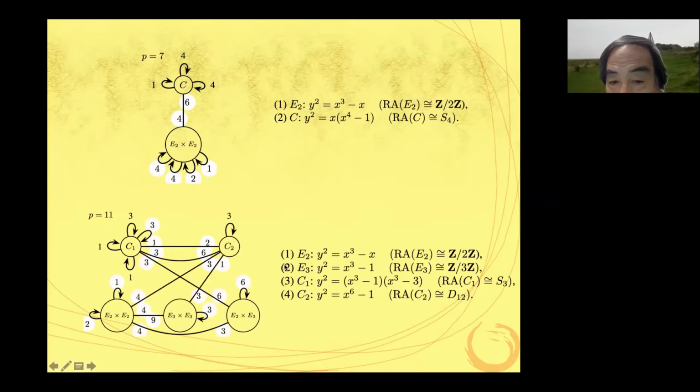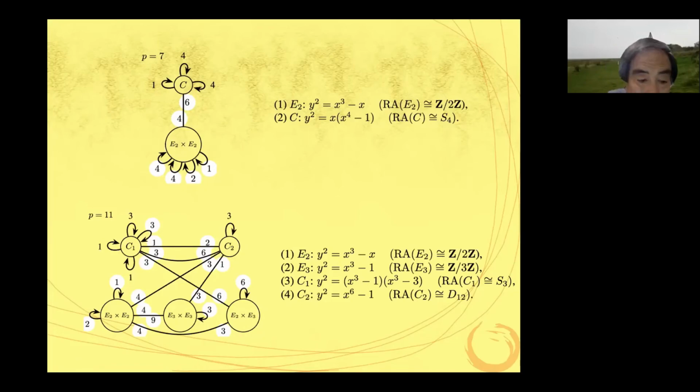Then we have two superspecial curves of genus 2 and two supersingular elliptic curves. And also we have two special curves of genus 2, C1, C2. And so we have 3 decomposed ones using this and this. And from here to here, the outgoing Richelot isogeny is 4, and from here, the outgoing Richelot isogeny is like this. This is the diagram for Richelot isogenies.